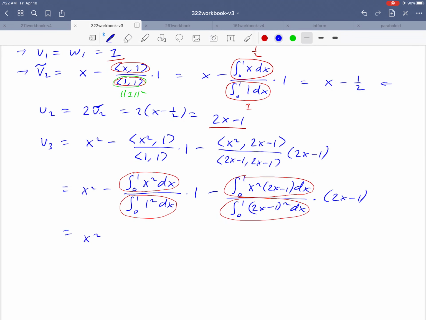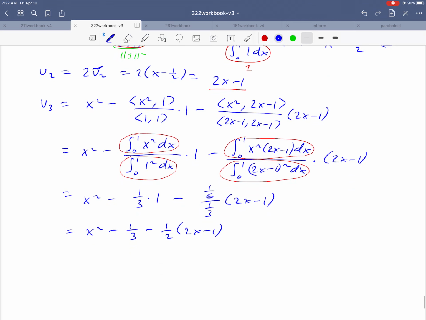And if you do, here's what you're going to end up with. Fill in those 3 integrals and you're going to get 1/3 times 1 there. And then over here in the second term, you would actually get a 1/6 in the numerator and a 1/3 in the bottom. Those are the values of those 2 integrals. Okay, just one step away here, simplify that down. We're going to get x squared minus 1/3. And then 1/6 over 1/3 simplifies down to 1/2